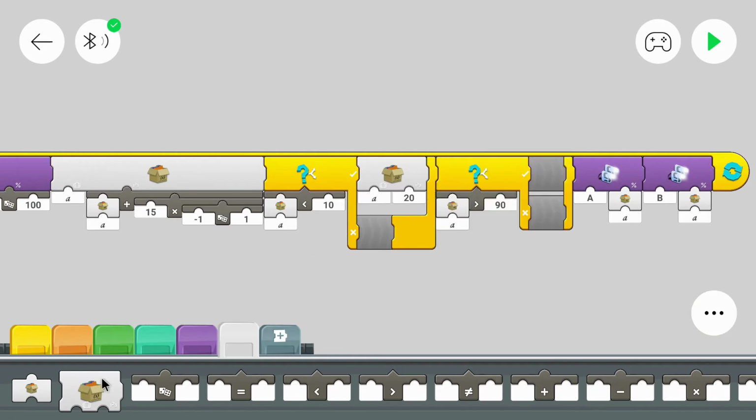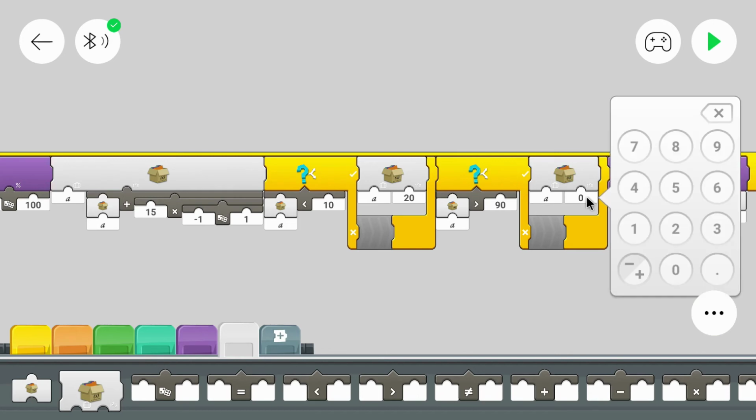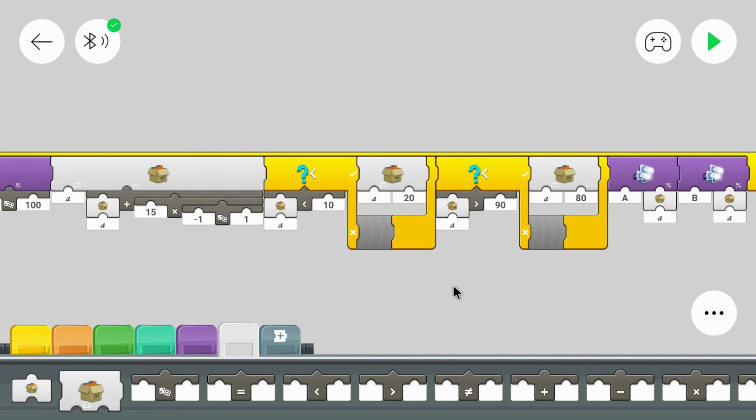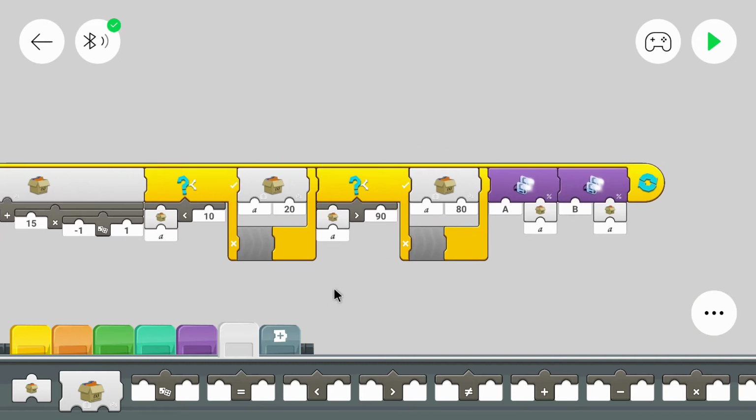And of course, we can also write 80 to the variable if it's above 90. That way it won't get below 10 or above 90, because if it's 90, then it will stay 90, but if it's above 90, it will get changed to 80. And it will already flicker because we have a jump of 10 between 90 and 80.